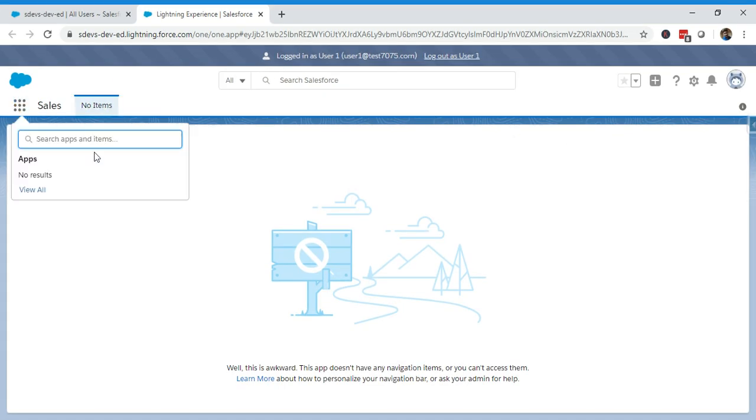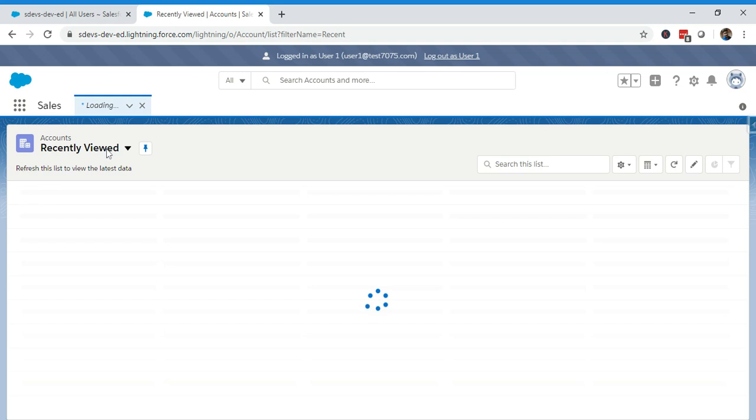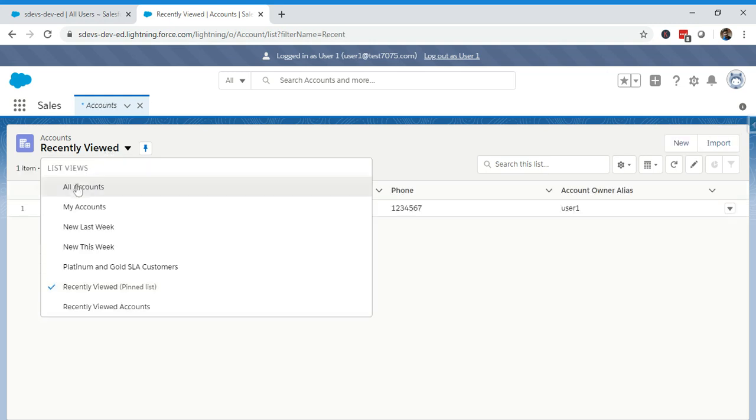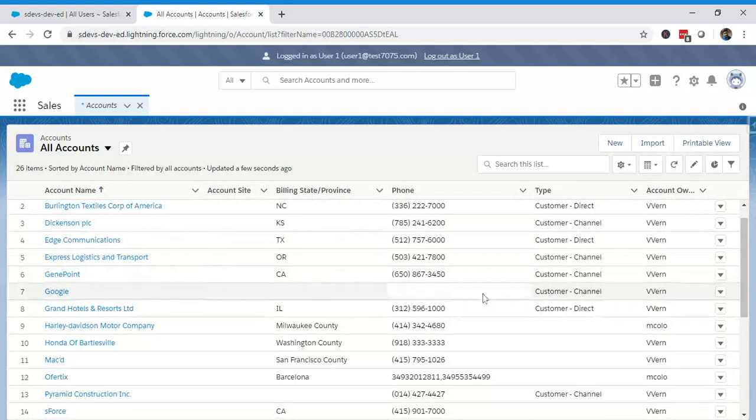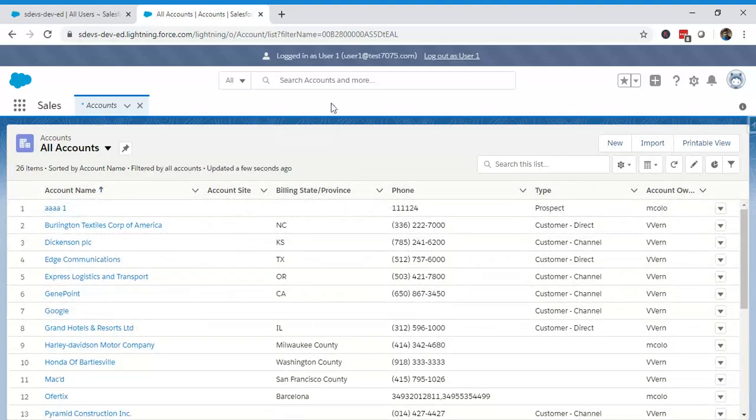Theoretically, user 1 can see his own records, but let me show you. If I list down all accounts here, you can see this particular user can see all the accounts present in